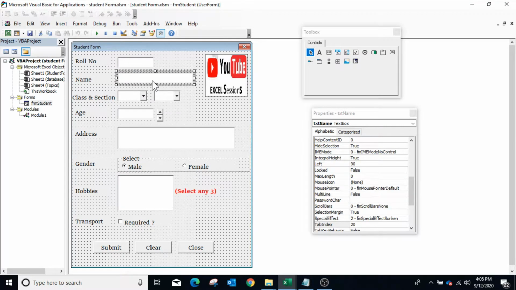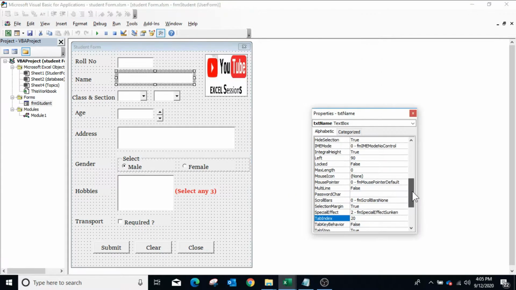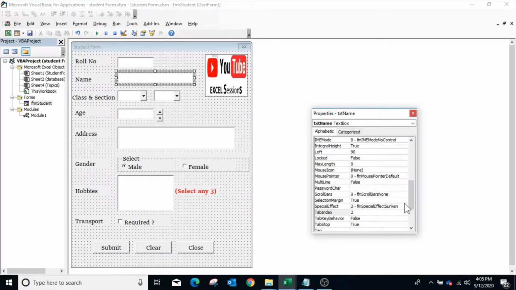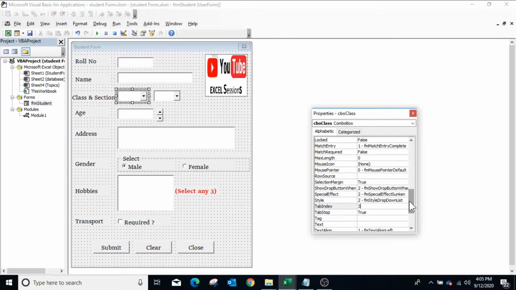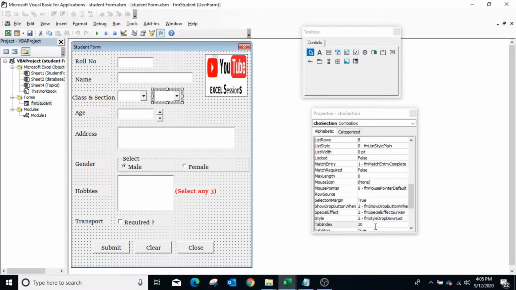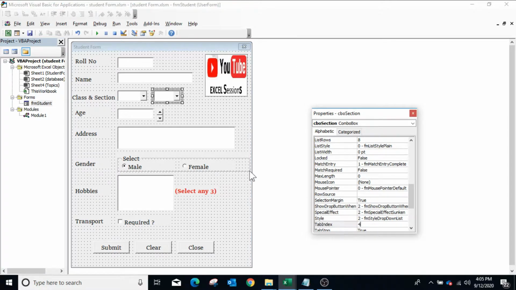Change the TabIndex property of the name field to 2. And similarly, we can change the TabIndex property of each field so that when the user presses the tab button, it will move the cursor in the correct order.